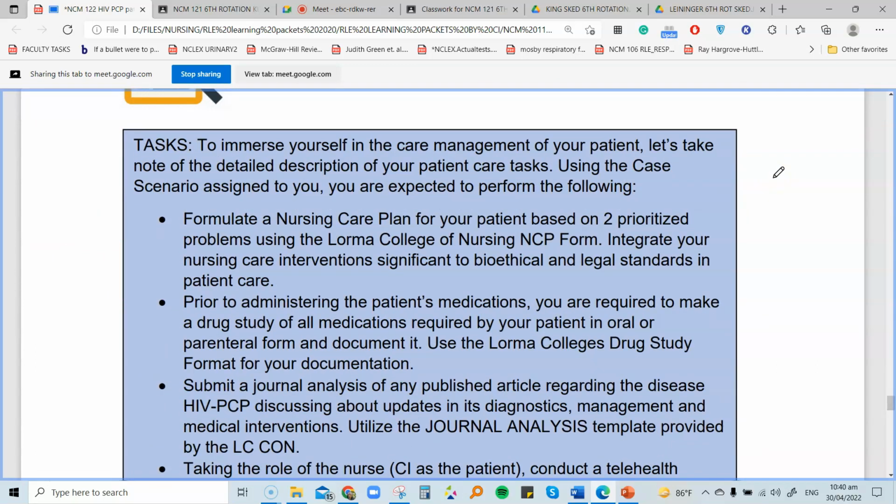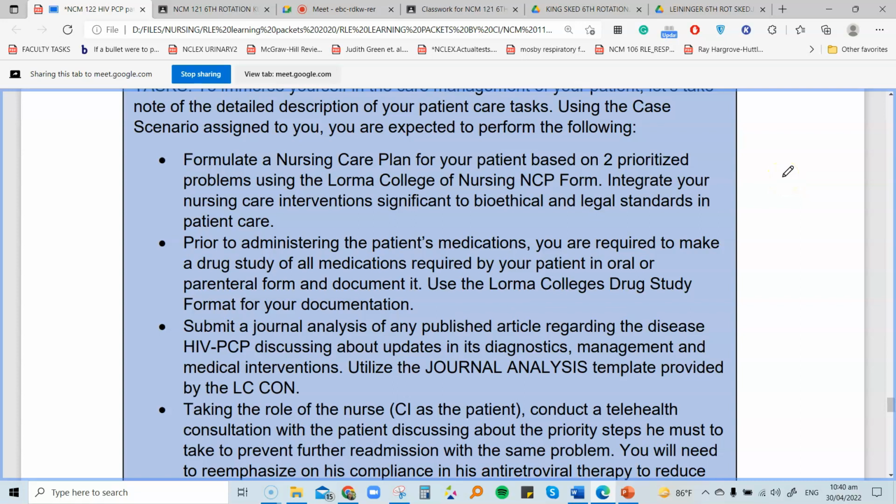For the next 2 weeks that we're going to have our LP, okay, this is LP5, even if it's 6 rotation, LP5 po ito. We are going to have this particular task. Unang-una dyan, you will have your NCP based on 2 prioritized problems. Guys, huwag naman kayo magbigay ng fever lang. Ang daming complication doon sa patient natin, ano. You try to prioritize. ABC ha, ABC. Prioritize your problems and make an NCP out of that one.